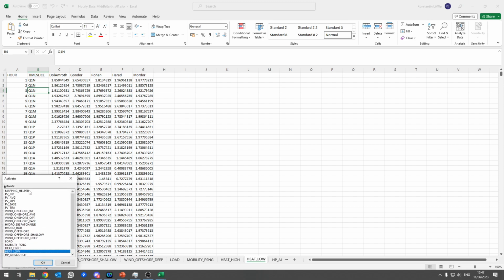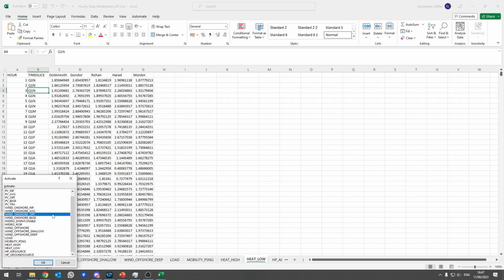Here you will see all the different time series. So in total we have different time series for PV. We usually consider 3 categories for each renewable technology. For PV we consider inferior, average, and optimal placements, as well as axis tracking PV. For wind we consider inferior, average, and optimal placements for onshore wind, which is essentially always